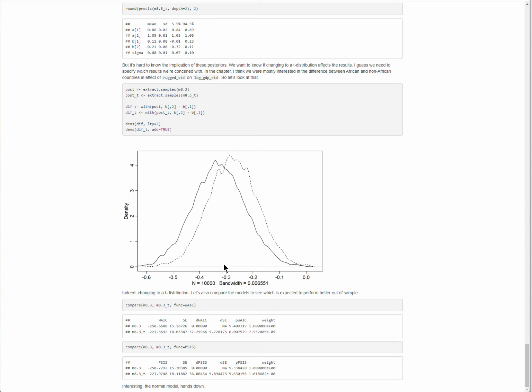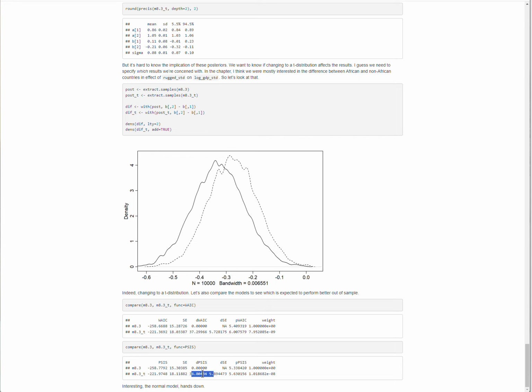Another thing we could do is compare the 2 models, the M83 with a normal distribution versus a t-distribution, and see which model does better. When we run this with both WAIC and PSIS, we see that in both cases the normal model actually does better than the t-distribution.